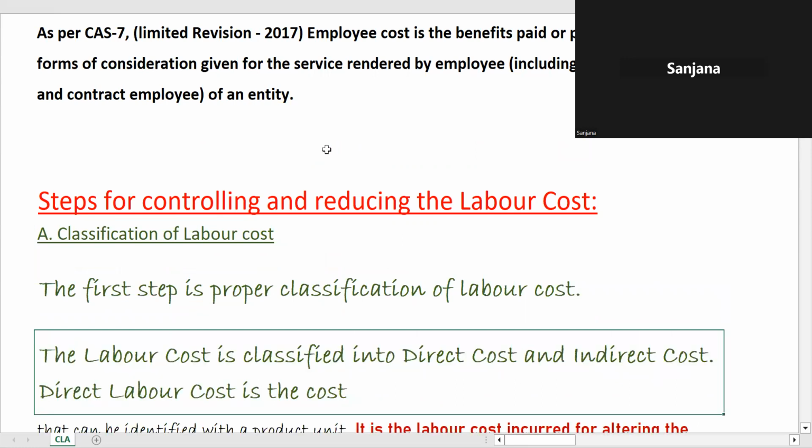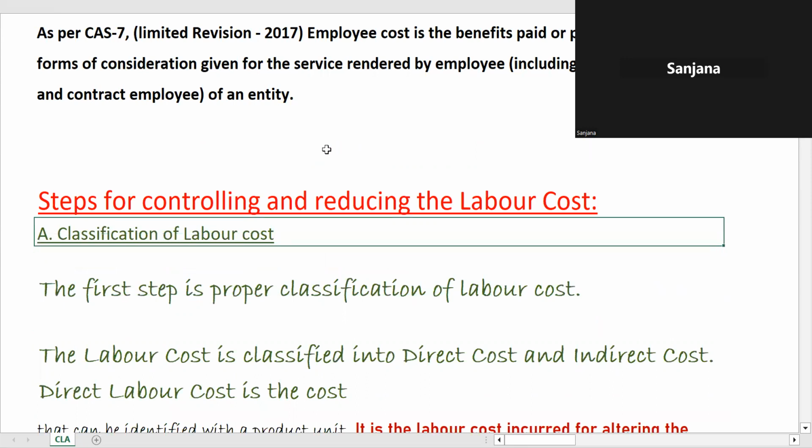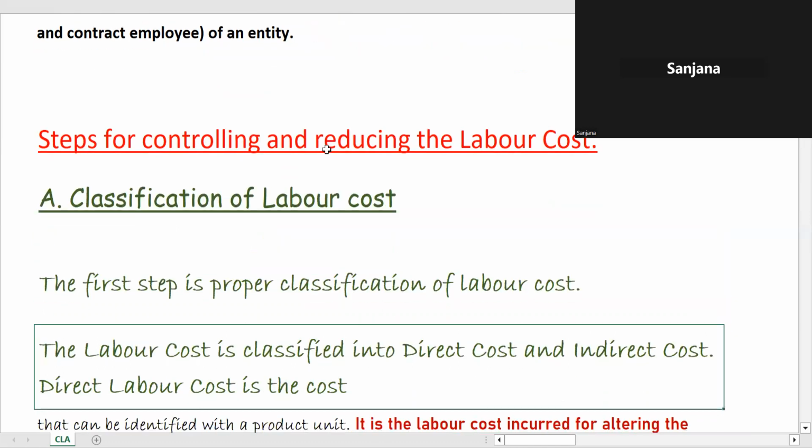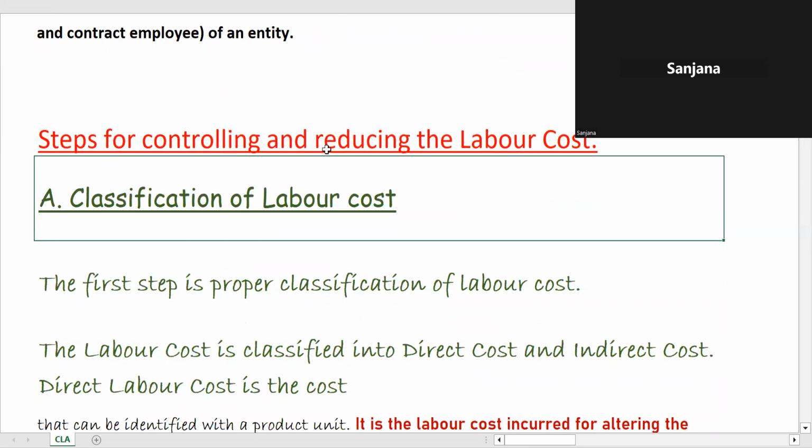तो क्लासिफाई हम क्या करते हैं, मेन क्लासिफिकेशन इज डायरेक्ट कॉस्ट एंड इनडायरेक्ट कॉस्ट, ठीक है, राइट। सबसे पहला हमको क्या करना चाहिए, वी शुड क्लासिफाई लेबर कॉस्ट, ठीक है। सबसे फर्स्ट थिंग व्हाट वी शुड डू इज क्लासिफिकेशन ऑफ लेबर कॉस्ट, राइट। और क्लासिफिकेशन मतलब आप अलग अलग टाइप में उसको स्प्लिट करके लिख रहे हैं, ओके, सो दैट इट मेक्स मोर सेंस,